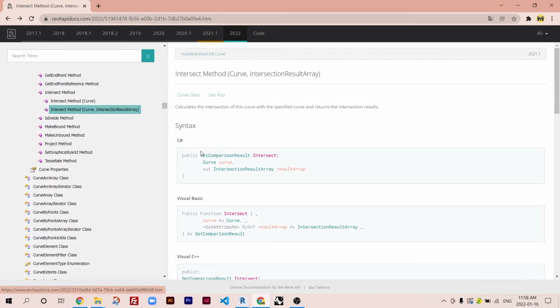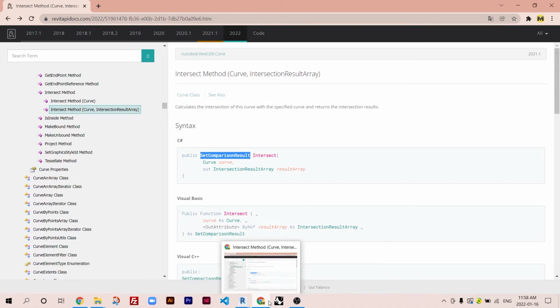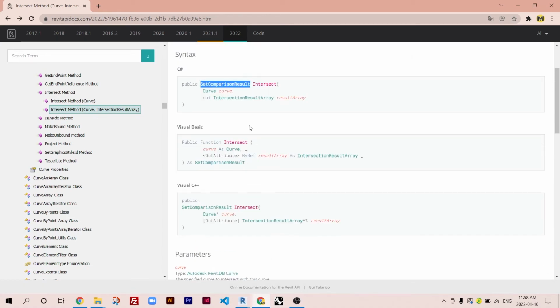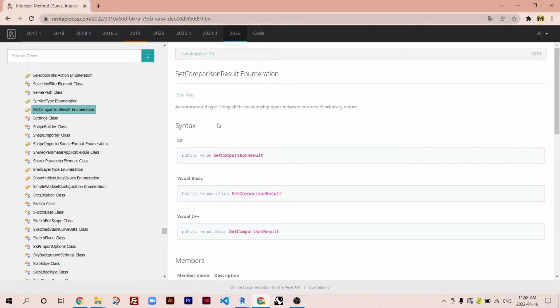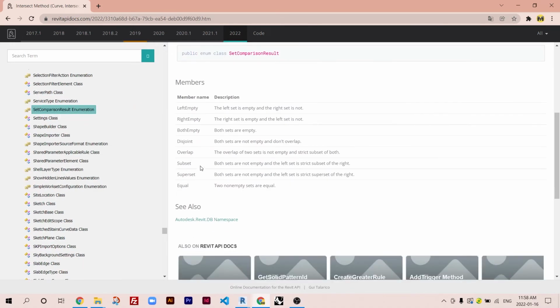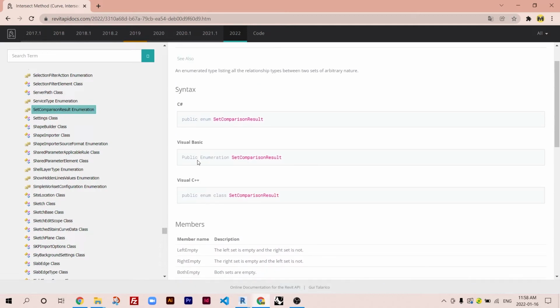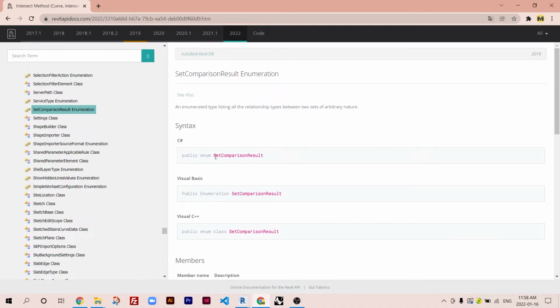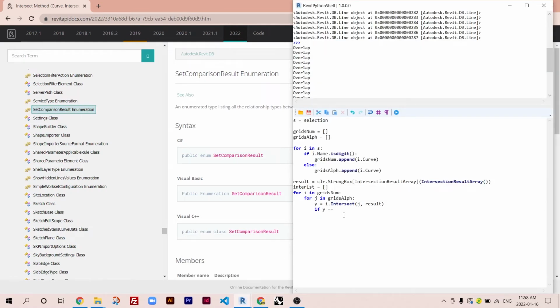Yeah. So this is called set comparison. Basically the methods of set comparison, you can find them if you click on there. You can find overlap, disjoint, and so on. So I'm going to check if this set comparison result, let me go back here, if this is overlap, okay, then what is going to happen is